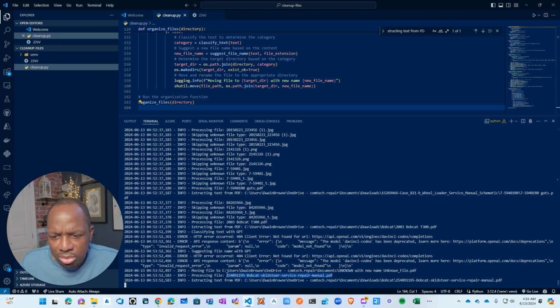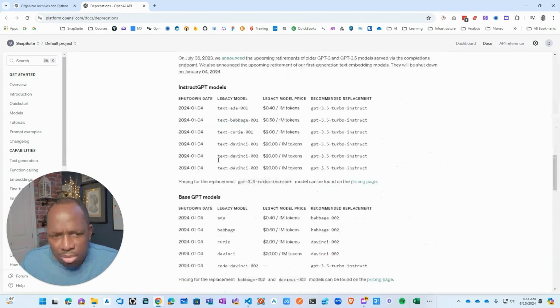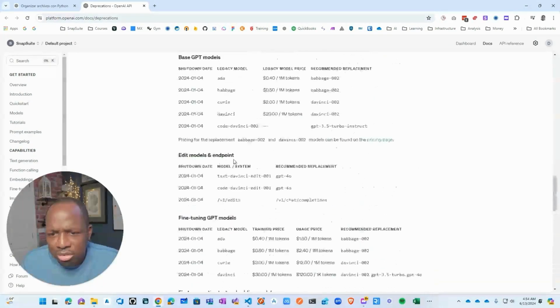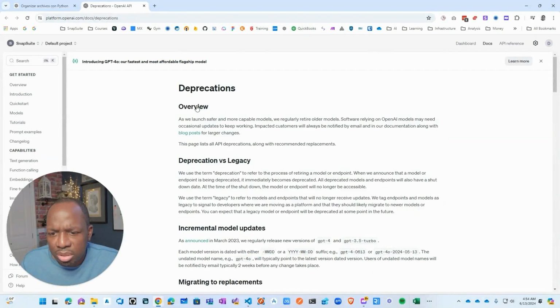Where did it put it? Let's find out. Oh, this is interesting. Not found, this deprecation. I'm going to give it this whole page so that it understands what to do. Okay, so